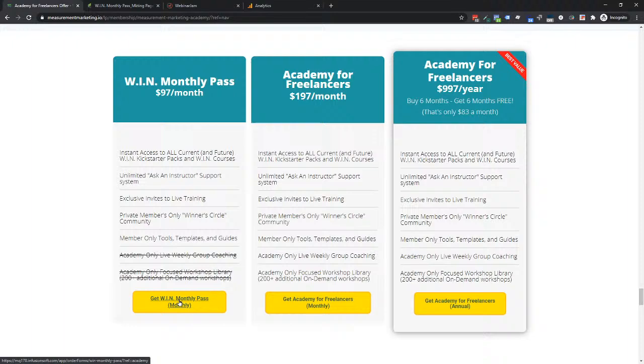But look what happens on this one. This one is the Win Monthly Pass order form, but it does not say retail because they're not on the Win Monthly Pass page. They are on the Academy page. So we say ref equals Academy. Now, if they were on the Win Monthly Pass page and then they clicked over to the order form, that one would say retail. So I can tell